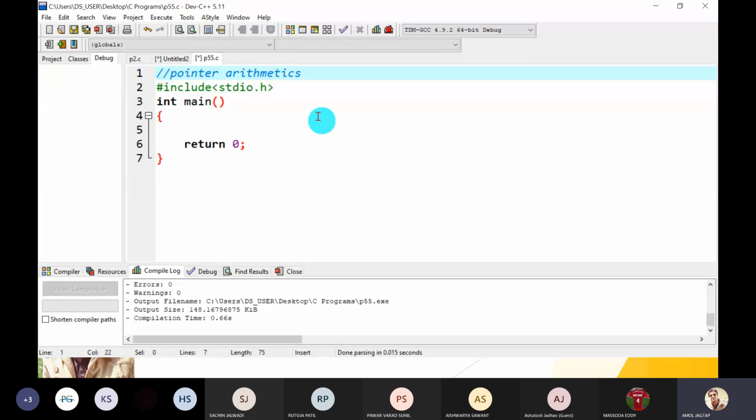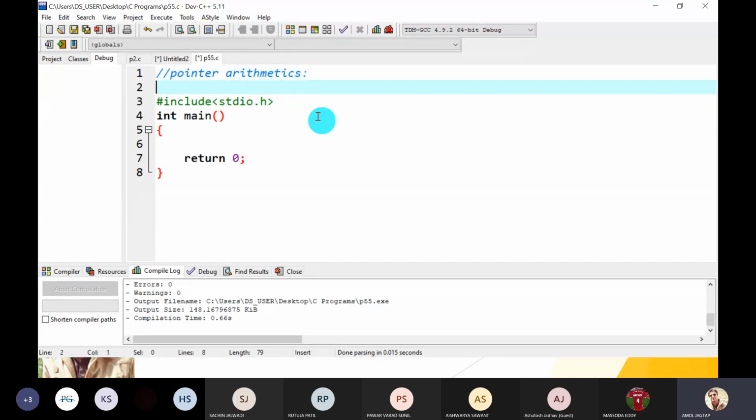So what is meant by pointer arithmetics? It means whether we can perform arithmetic operations, like addition, multiplication, division, on pointers.